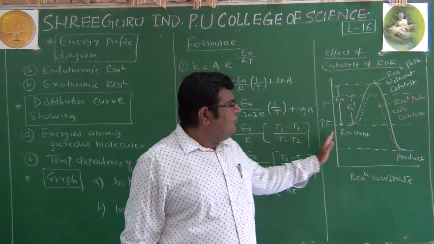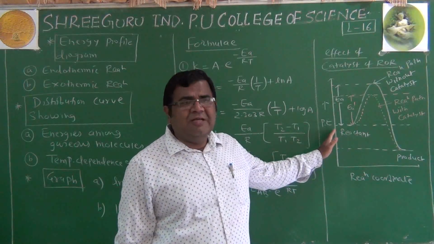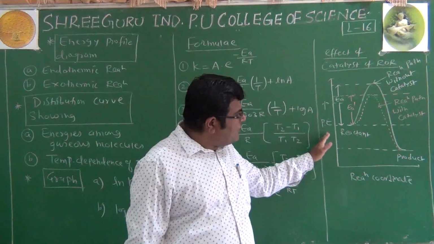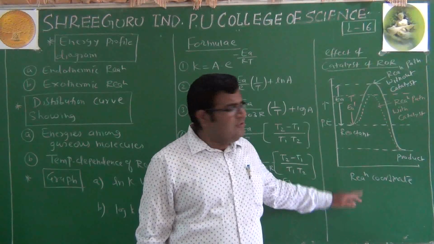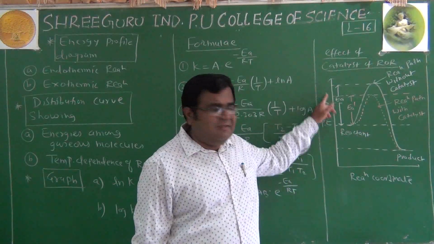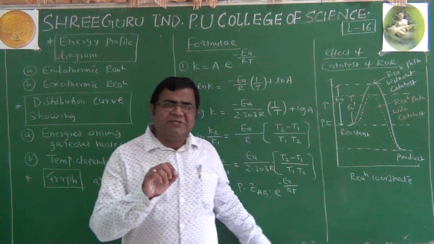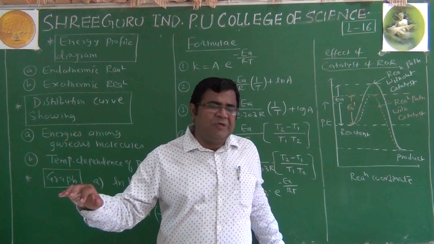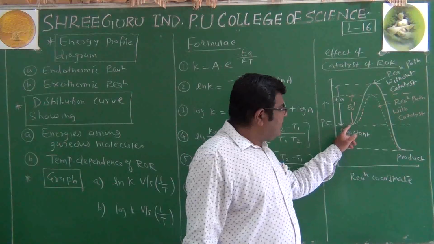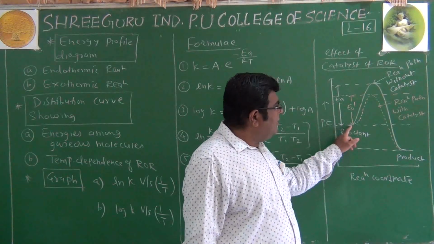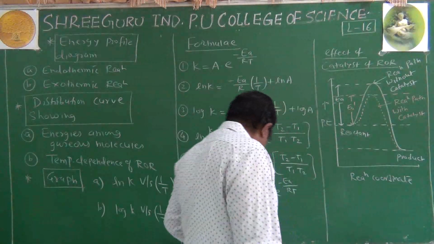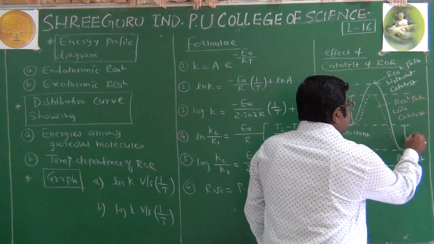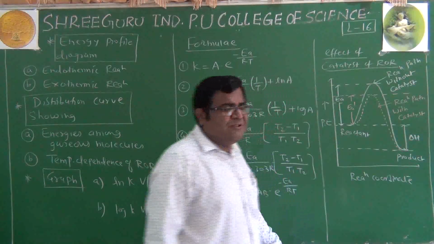Now this diagram we have to concentrate on. This diagram we have not drawn in the last class. This is the effect of catalyst on rate of reaction with the help of a potential energy diagram. So this is the potential energy we have drawn on the y-axis. Reaction coordinate, remember this word, is nothing but the progress of the reaction, how the reaction occurs from reactant to product. So here is the reactant, energy-wise it has its energy. Then this is the activated complex, and then this is the product, and we know that this difference in energy is called delta H of the reaction.